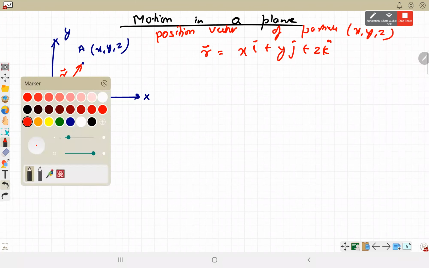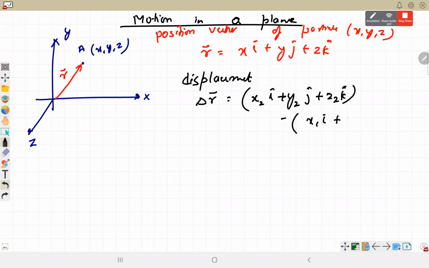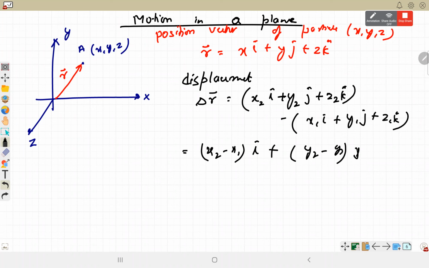When this particle goes from one position to another position, then there's a displacement. And the calculation of displacement will now be changed to vectors. So either we have to use this approach, or it will be a vector summation and vector resultant. The vector summation, addition, or resultant is calculated with the help of the triangle law of vector addition and subtraction. (x2 minus x1) i cap plus (y2 minus y1) j cap plus (z2 minus z1) k cap. Average velocity, we will directly divide this by total time.